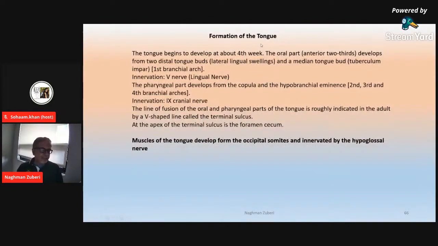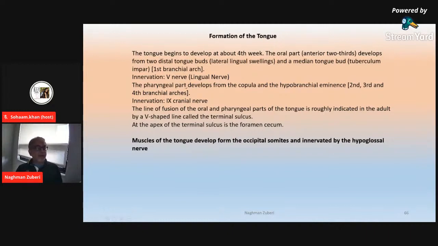Formation of the tongue. The tongue begins to develop at about the 4th week. The oral part, the anterior 2/3, develops from the 2 distal tongue buds, the lateral lingual swellings, and a median tongue bud, the tuberculum impar. These are coming from the first branchial arch. That is why the innervation is from the trigeminal nerve, the lingual branch of the trigeminal nerve. We are talking at the moment about the